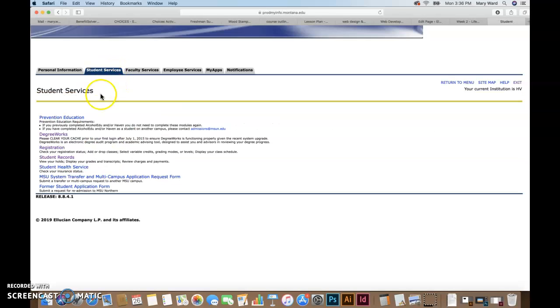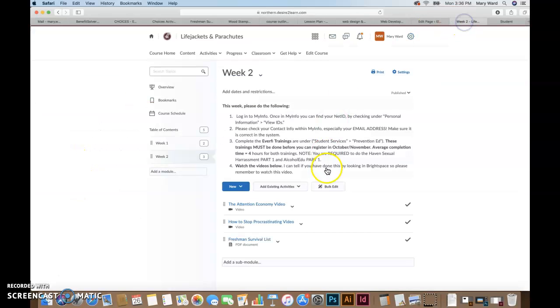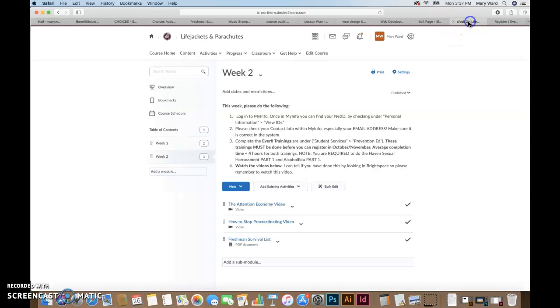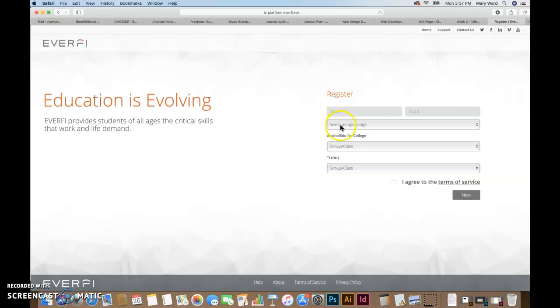So I think under here, let's see, Student Services Prevention ID. I wonder if that would be under mine. Student Services Prevention Education. Oh, Prevention Ed. And then you have to register, and then you have to agree, and then you go to next, and then you would continue to,